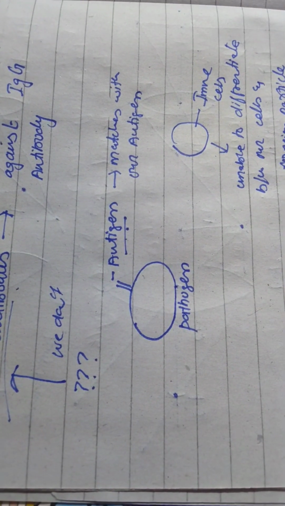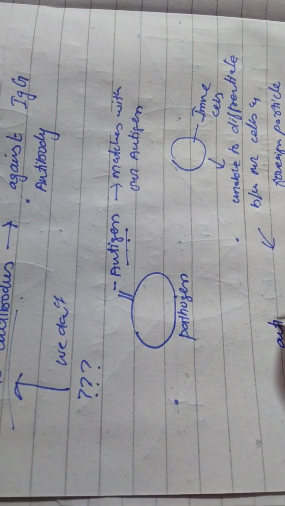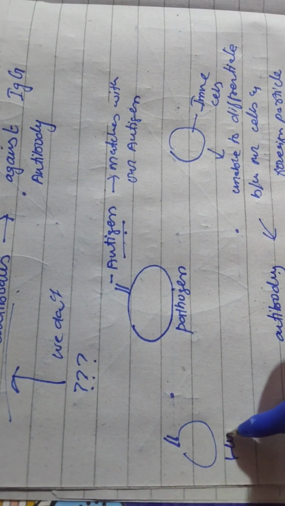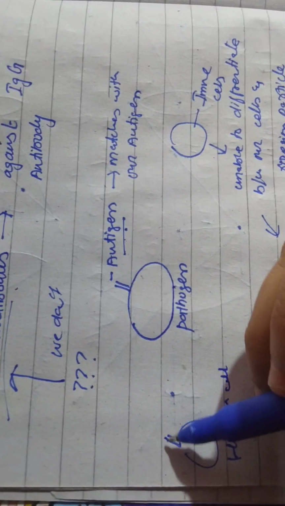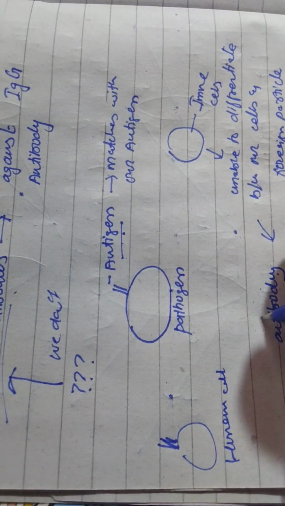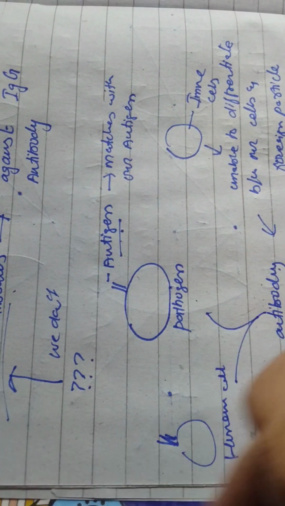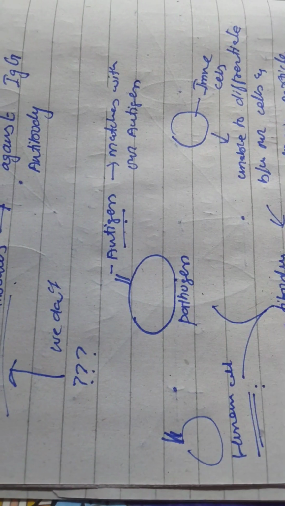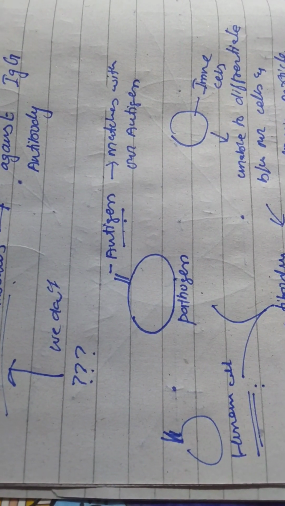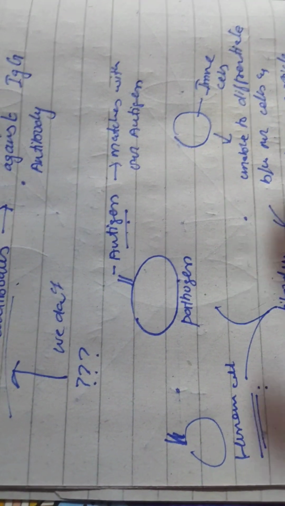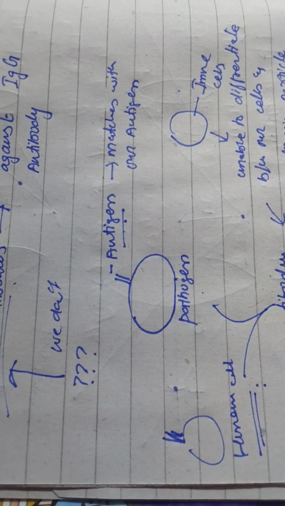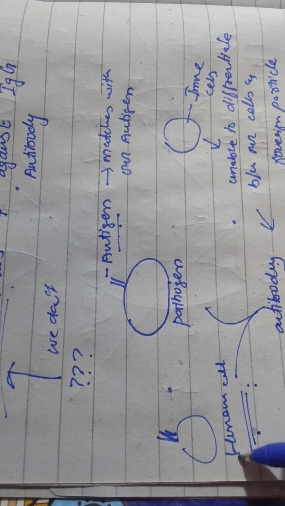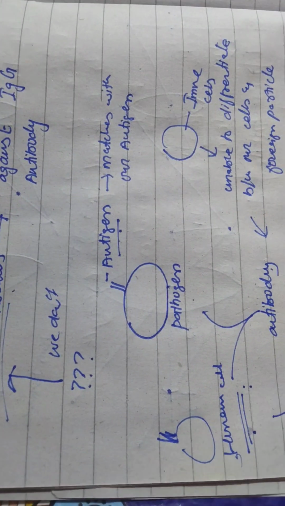So they produce antibody against this antigen. This is a pathogen cell, and this is, for example, a human cell, and they both have the same antigen. So this antibody will attack both. The pathogen will be killed, but it will also kill our own cells, right? If the antigen matches and then the antibody comes, there is inflammation. So what is inflammation? Inflammation is caused whenever any pathogen enters, or we get any physical injury, or any kind of scratch. Obviously our human cells are being destroyed, so there will be